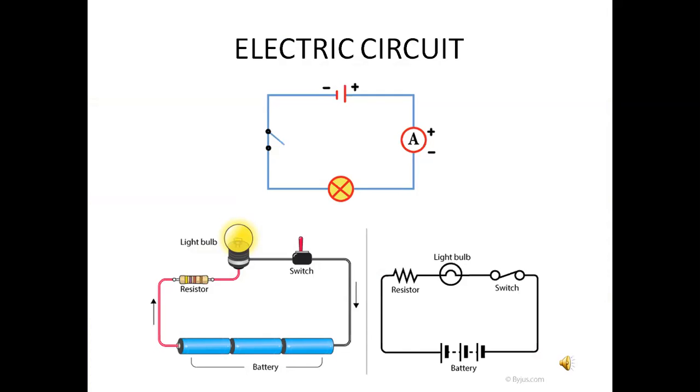Symbols for bulbs, cells and switches are shown in the figure. Positive and negative terminals: first is the battery, and we can measure the current using an ammeter. The ammeter also has positive and negative terminals, and the cross symbol is the bulb. This is the switch symbol. In a cell, the longer line denotes the positive terminal and the shorter line denotes the negative terminal. We shall use these symbols to show components in the circuits we draw. Such diagrams are called circuit diagrams.